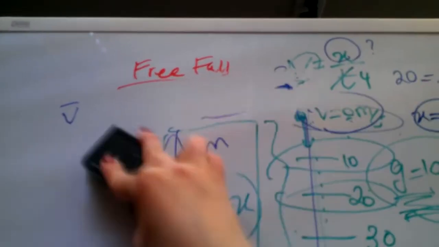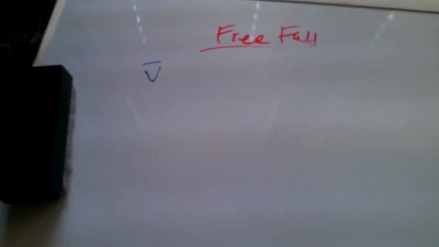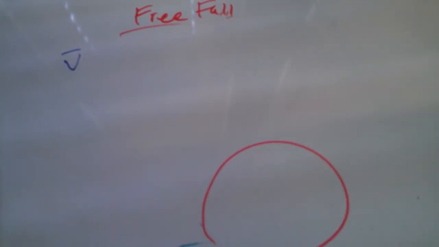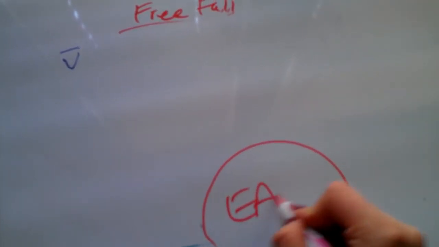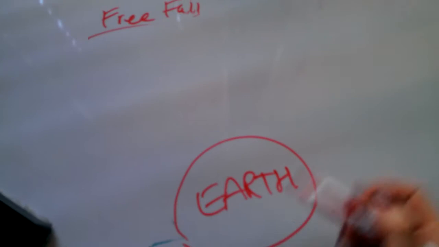The other thing I would like you to appreciate about free fall is the fact that free fall is a symmetric motion. What I mean by symmetric motion, I'll make that clear in just a minute. So let's see what I mean by symmetric. When I tell you free fall is symmetric, it means that I have this earth, and we live on this earth from the time we were born until probably we die. So it's just there, and